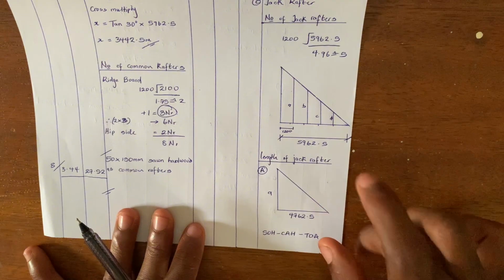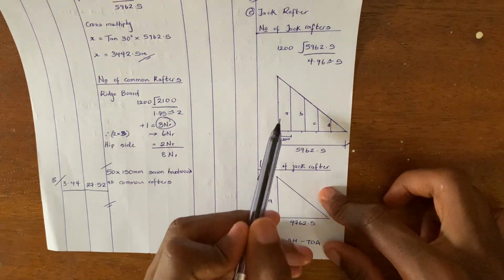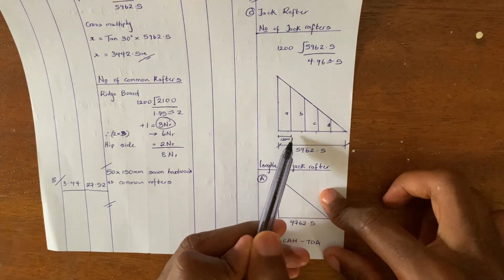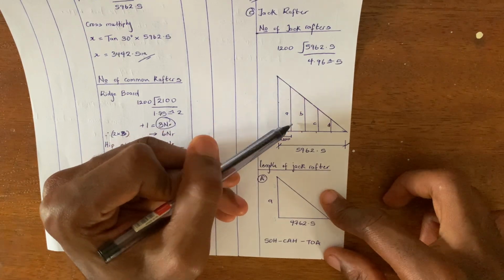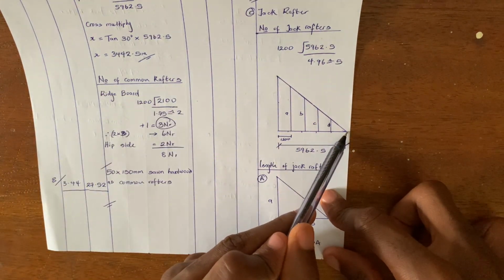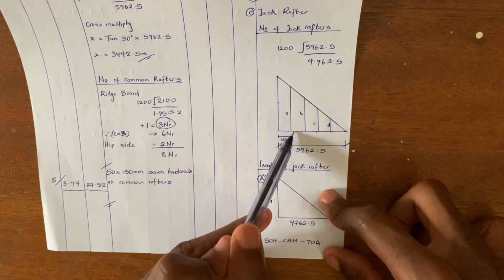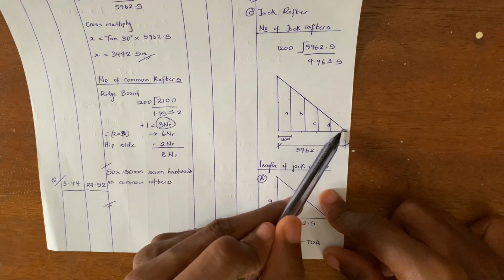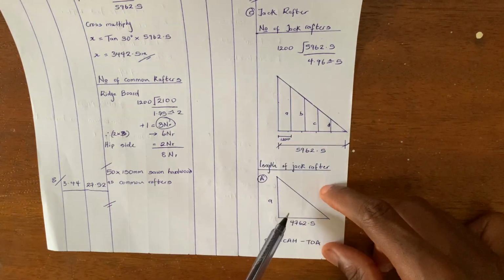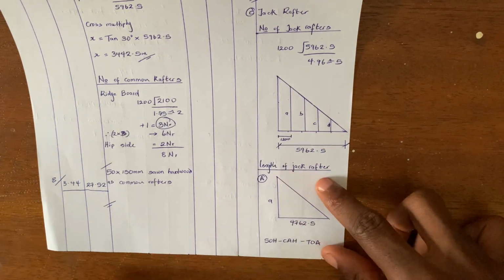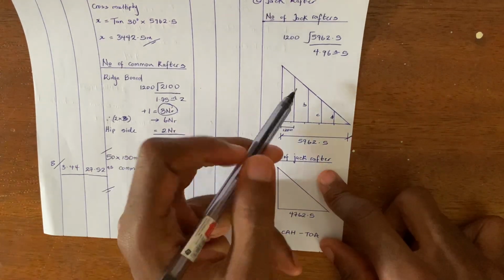So all we need to do now to find the jack rafter for A, which is this span here, we need to cut out that part of the triangle. So this part of the triangle like this, I have brought it out. So the length of the jack rafter for A, that is this side here,